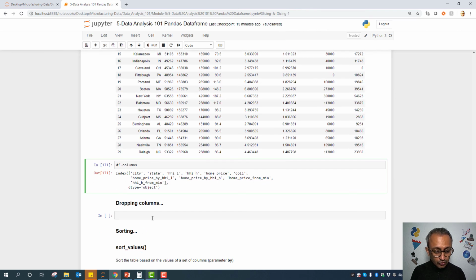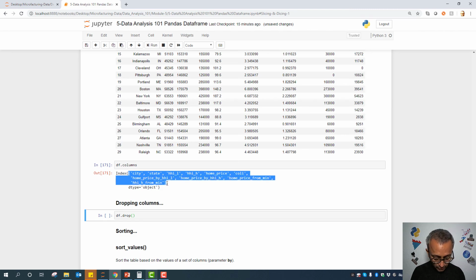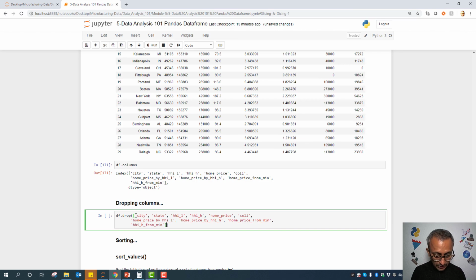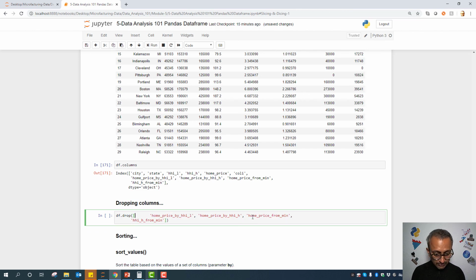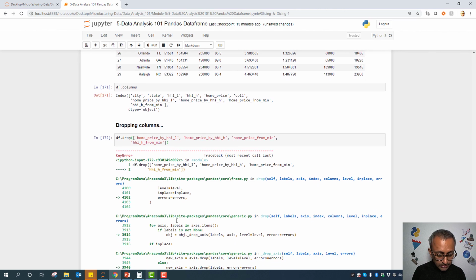But let's say I want to drop some of these columns, so I can do df.drop, and I provide a list of all the columns I want to drop. I definitely don't want to drop city because that's part of the original data set. All these are part of the original data set. Starting from this point is what I created new. I'm going to drop all of them. So let's see whether that works. df.drop